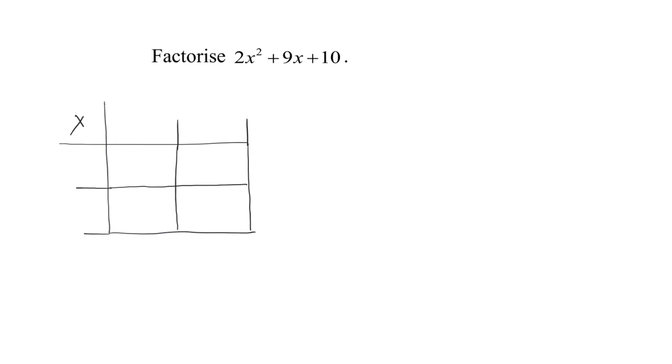Okay. So where do I place all my terms? I have 2x squared here, and I will also have to place my positive 10 here. Now, you have to think about what times what will give me 2x squared. Yes, 2x multiplied by x will give me 2x squared. Okay, so this is like viewing this like finding the area. And now for 10,